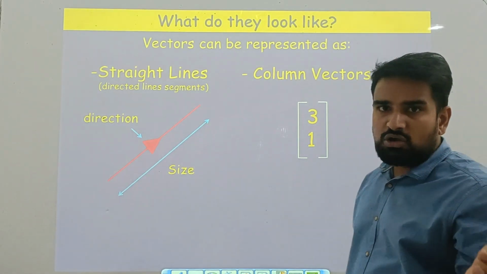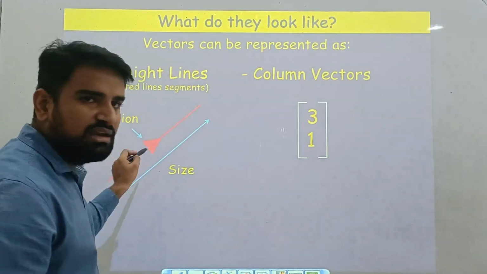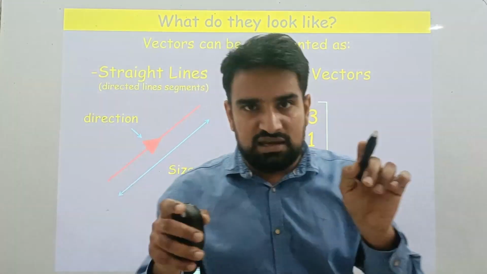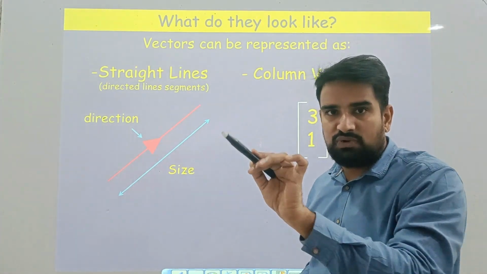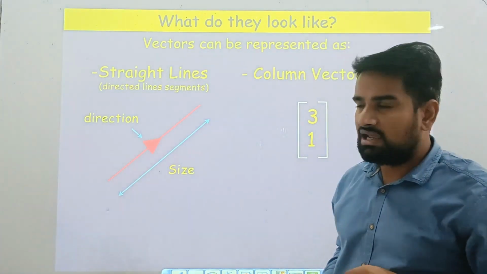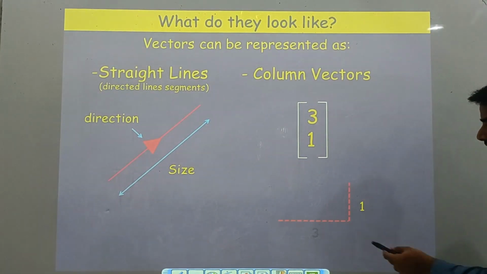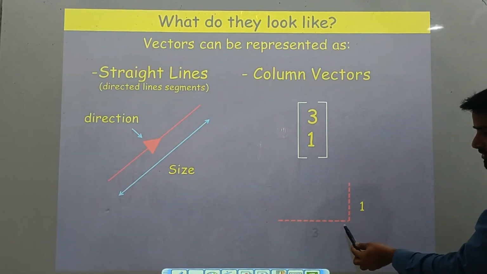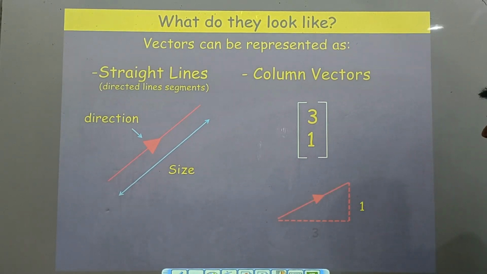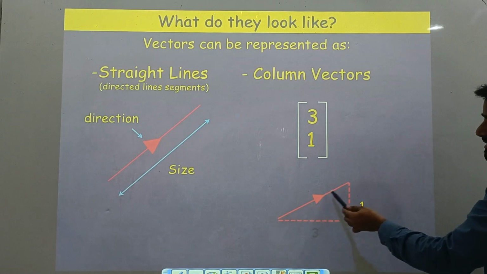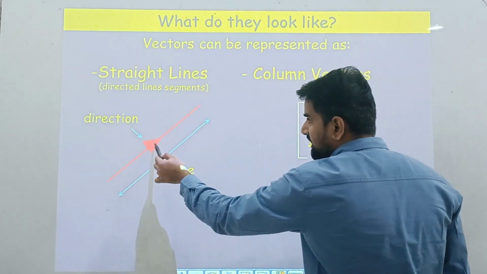How do we count the columns? Simply draw a vector line. This is a vector line. You need to draw this line on a graph paper, and count the horizontal columns first, and then the vertical columns second. Let's move ahead. Like this one, this line is representing horizontally 3, and this line is representing vertically 1. And this is basically the vector that we were talking about. Its magnitude is this and direction is this.